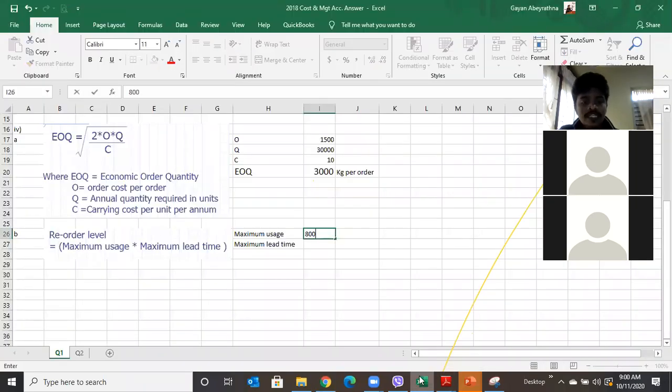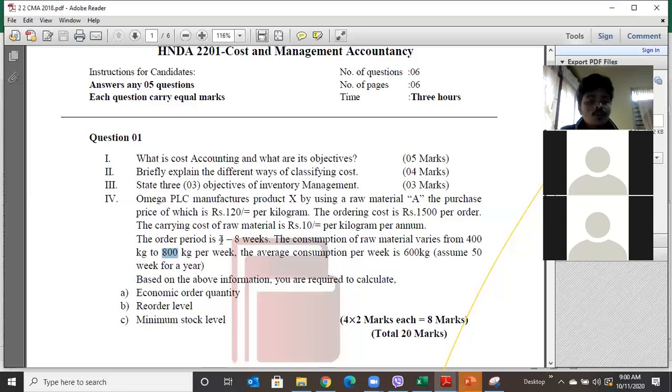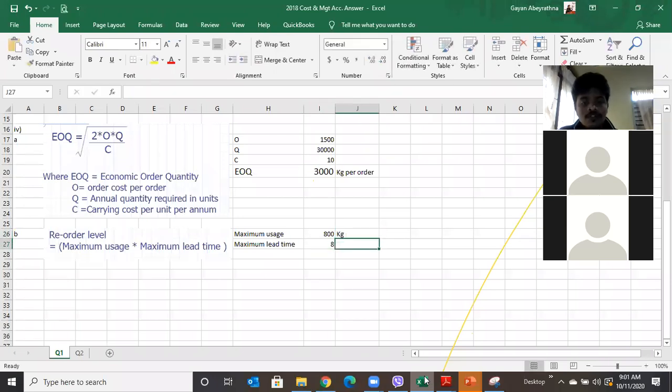Maximum usage 800. Maximum lead time means how long it takes for the stock to arrive. The order period is 4 to 8, so maximum 8 weeks. Then maximum lead time is 8 weeks. Here kilograms, here weeks. Then reorder level,